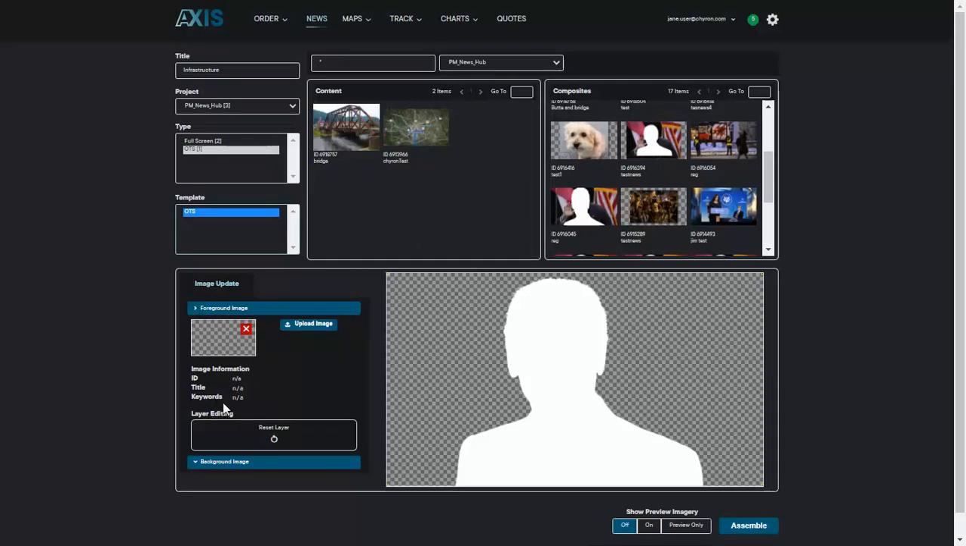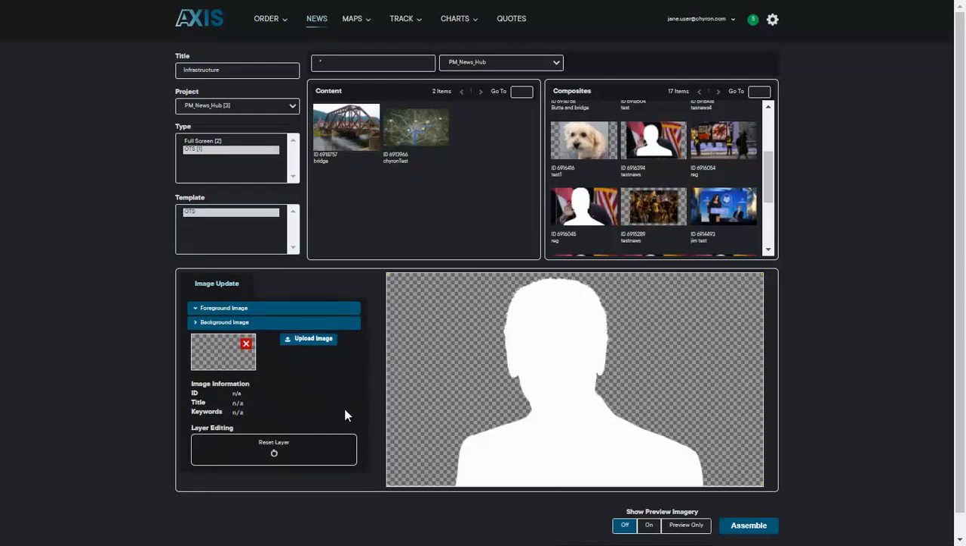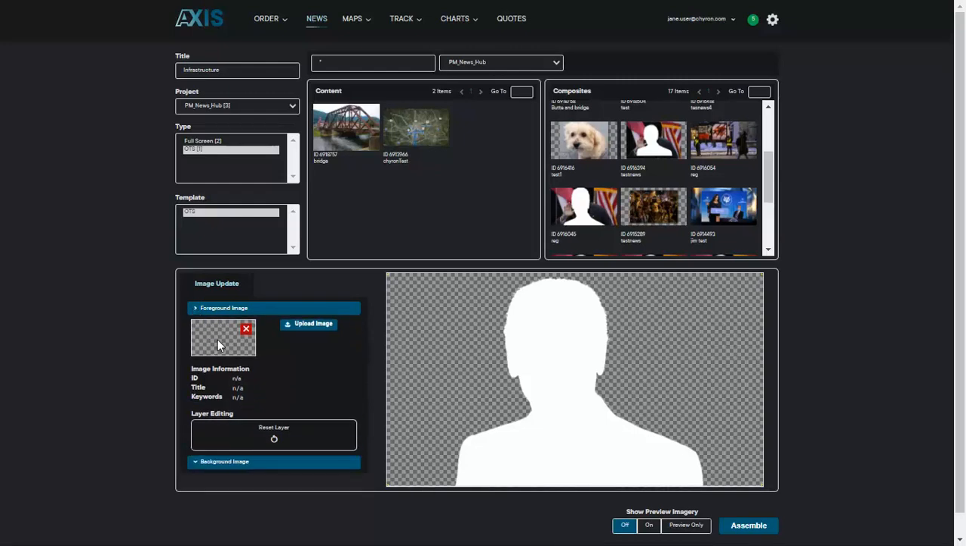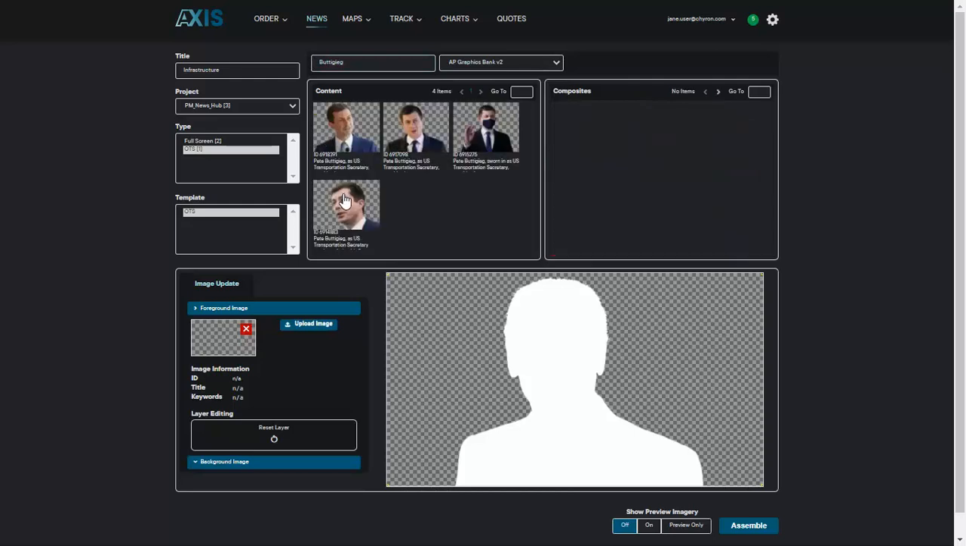Here you see that I already have selected a template that has 2 layers that can be edited in this composition area. There's a foreground and a background, and each one has controls similar to the single image controls that we've already been looking at. So I will start with the foreground here, and I will go to my AP images. And for this one, I want Transportation Secretary Buttigieg, so I will type in his last name,